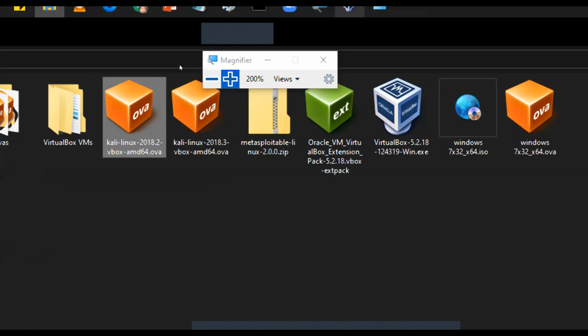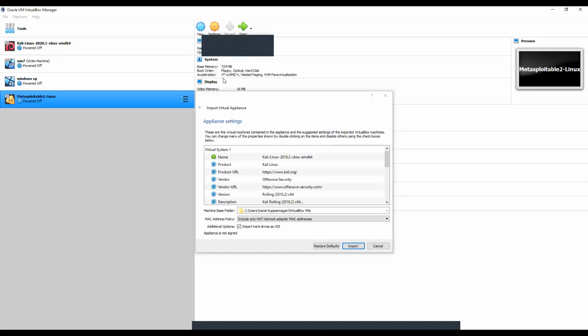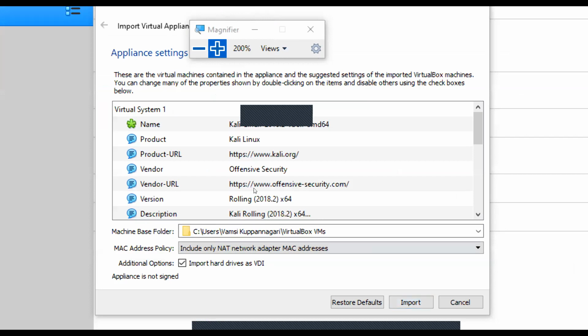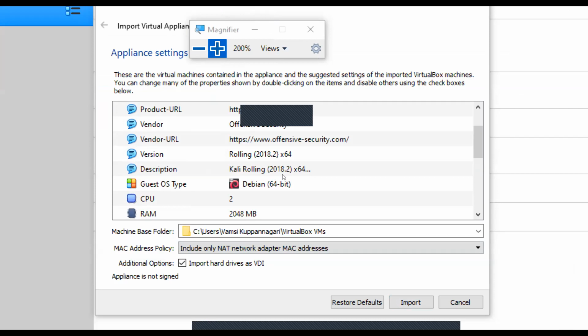If I double click on the OVA file, it'll open up VirtualBox manager with this dialog box, Import Virtual Appliance. So I'm going to import the VirtualBox over here. Before installation, you can check out all the details: the name of the product, who is selling the product or allowing you to download it, where you downloaded it from, the version, the description, and what type of operating system it is.